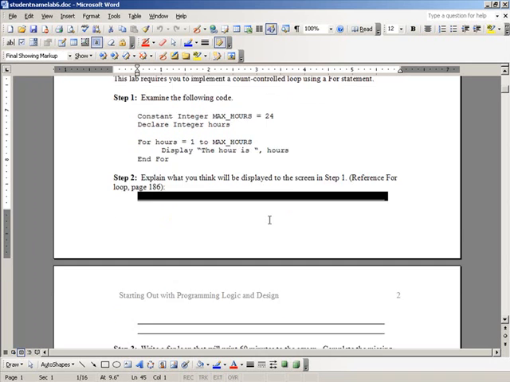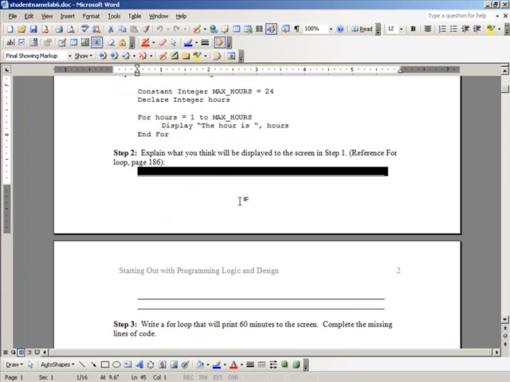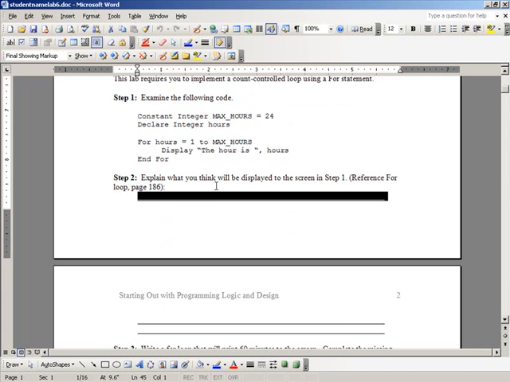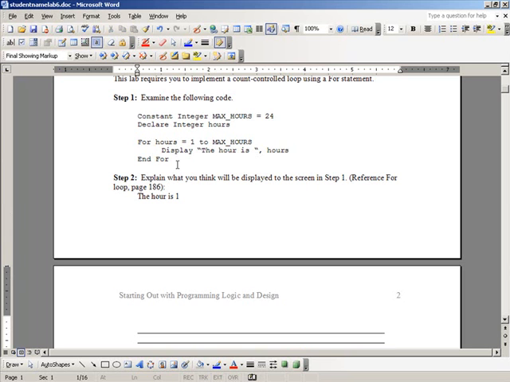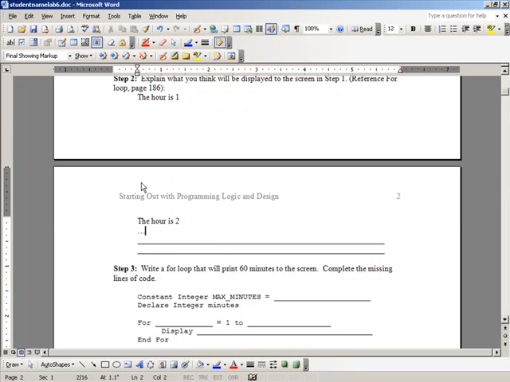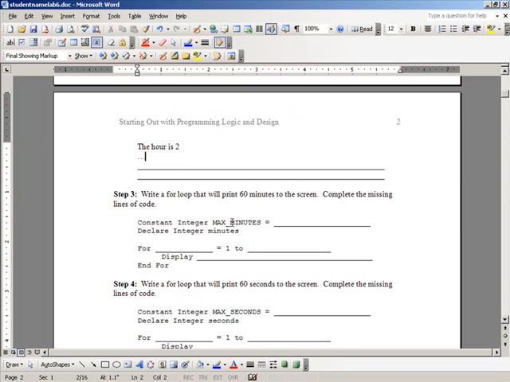So in this step 2, what we're going to ask is what you expect the previous code to print to the screen. So for example, this is going to start with the hours is 1, and then the second iteration it will be the hour is 2, and it will continue on until 60. Now in step 3, what you're going to do is write a for loop that will print